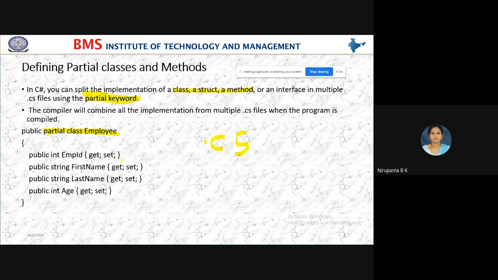What is get and set? Get and set are the methods. What is get method and what is set method, students? Get method is used to read the value, and set method, correct? Respond. What is the use of get and set method? Why do we use get and set method?